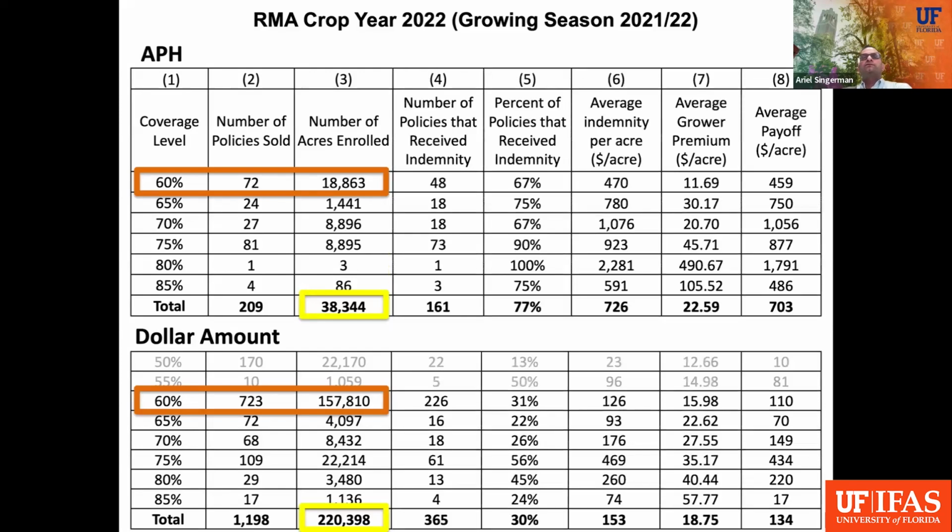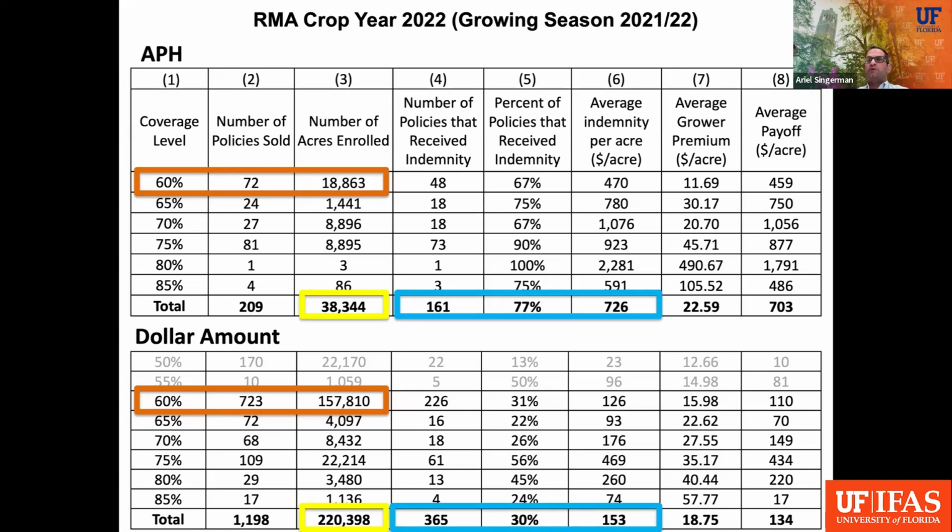And adding now some more columns, we can see in column 4 the number of policies that received indemnity under each of the programs, and the percent of policies that received indemnity, and the average indemnity per acre. So under APH, 161 policies out of 209, that is 77% of the policies, got an average indemnity per acre of $726. For dollar amount, there were 365 policies out of 1,198, that is 30%, got an average indemnity of